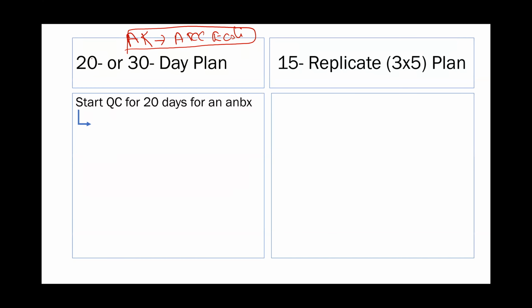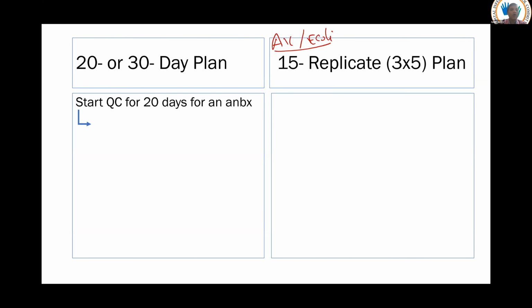Okay. So in 20 days, how many results will be there? You are testing amikacin against ATCC E. coli, and you are testing every day once. So in 20 days, you will have 20 results available. So out of the 20 results, if the QC fail in 0 or 1,